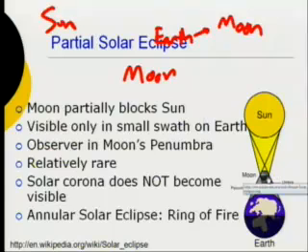So the moon here is far enough away from the Earth so that it cannot block the entire sun. If the moon was closer, it would be angularly larger. If it's far enough away, it's angularly smaller. It does not block the entire sun. And then you get something that's become more popular recently called the ring of fire. It's when you see the sun only around the edge of the moon.